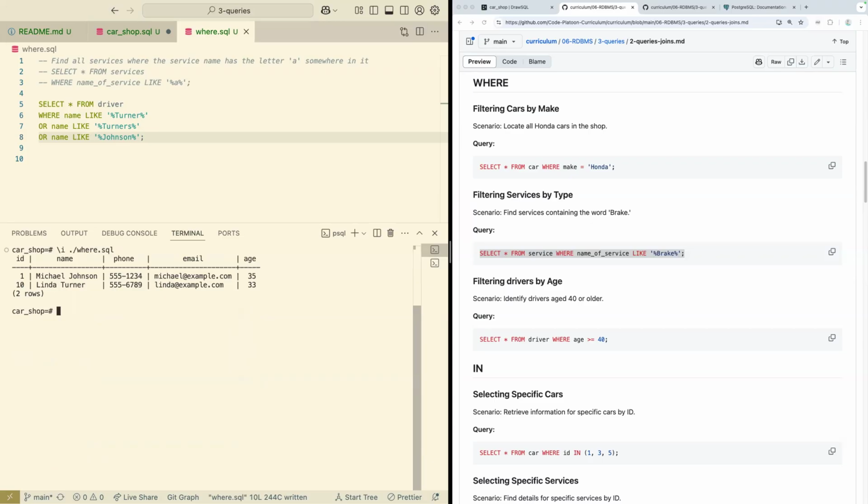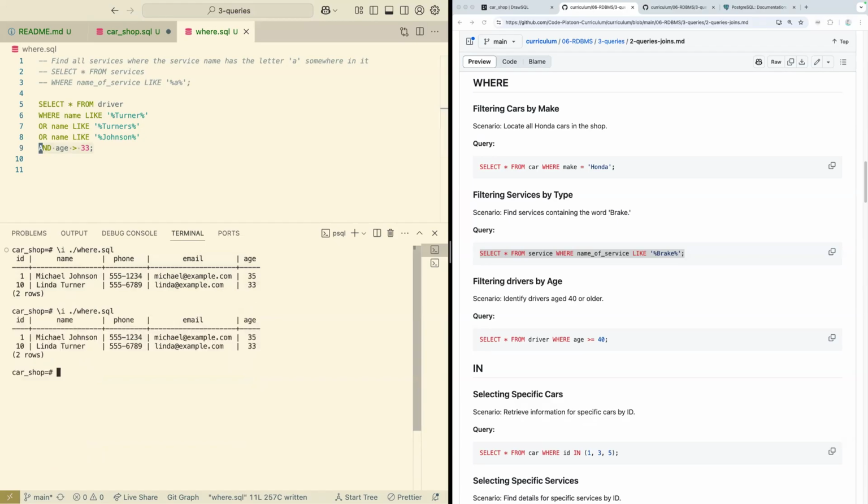And then we get back our two results. We can also add an and conditional logic. So while initially this query gives us two people, now that their age also has to be greater than 33,